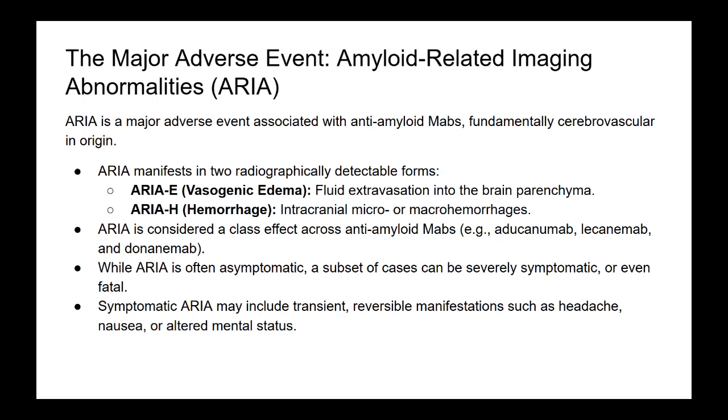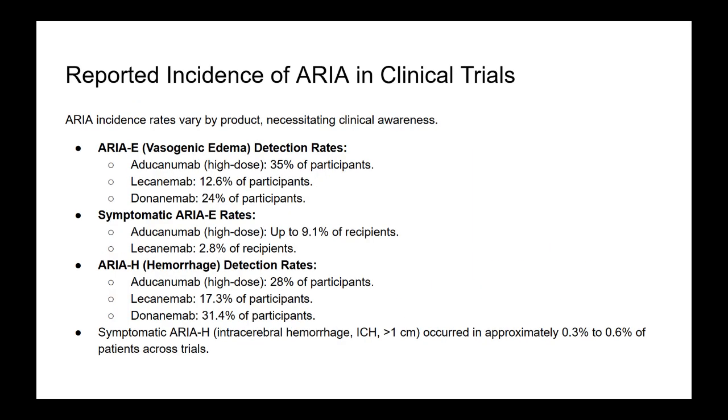While many cases of amyloid-related imaging abnormalities are asymptomatic and go unnoticed, a subset can present with severe symptoms or even be fatal. When symptoms do occur, they may include transient and reversible manifestations such as headache, nausea, or altered mental status. Reported incidence rates from Phase 3 trials demonstrate that this is a class effect, although the specific rates